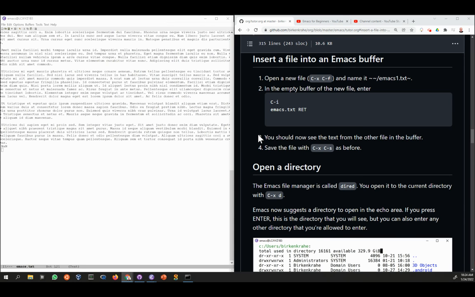So let us insert a file into a buffer. We can go back to Emacs and use the same key sequence we used before, Control X, Control F. You can see at the bottom, find file. We're in the home directory, so all is good. And we can now name this file